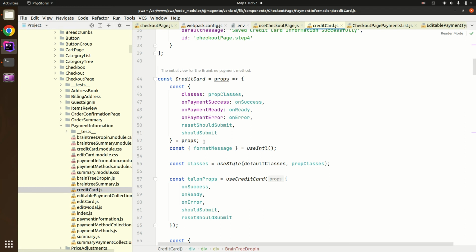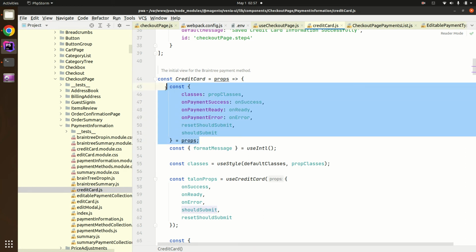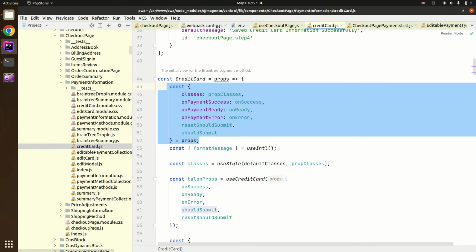I think these are important. Okay, and we can take a look at how